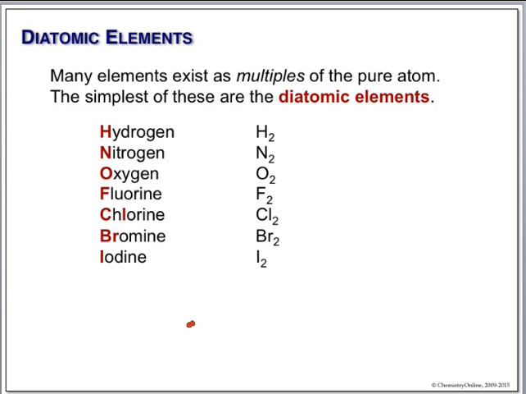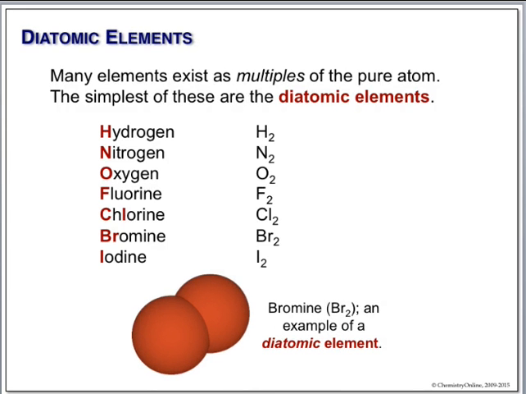Remember, we've also talked about diatomic elements. Hydrogen exists as H2, nitrogen is N2, oxygen is O2, fluorine is F2. Here's chlorine, Cl2. Here's a model for bromine. Bromine is brown. Br2. Iodine would be purple. You need to kind of know these guys, because when we do reactions and stuff like that, if I tell you something reacts with oxygen,